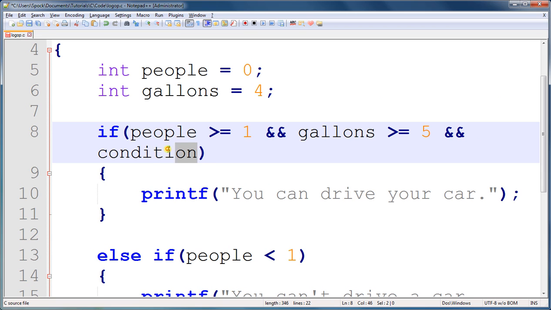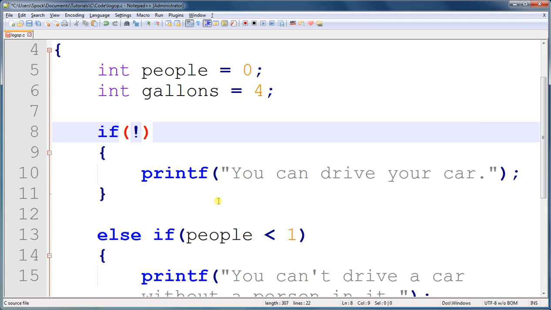Now there's one more operator which is called the logical NOT operator. And this operator is the exclamation point. And this one will reverse the truth of any expression that is after it. So exclamation point 0 would be true, exclamation point 1 would be false. So if you ever need to run some code if something is not true, you can use the logical NOT operator. So if we wanted to write this the reverse way, we would say if